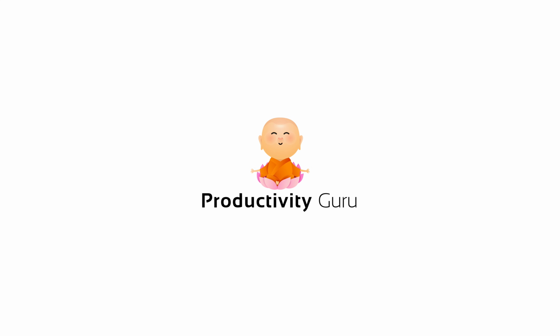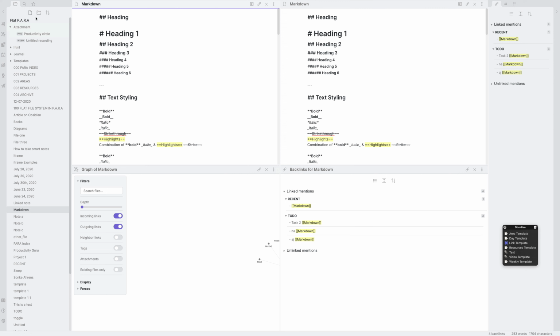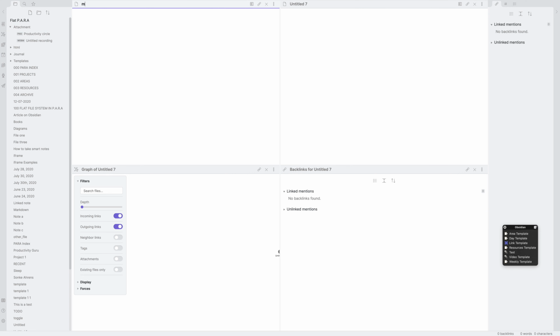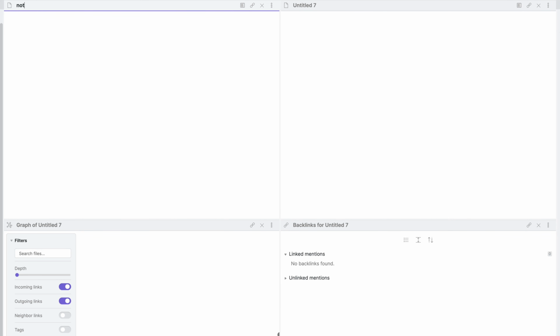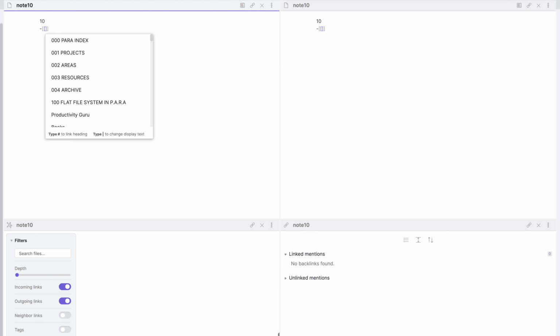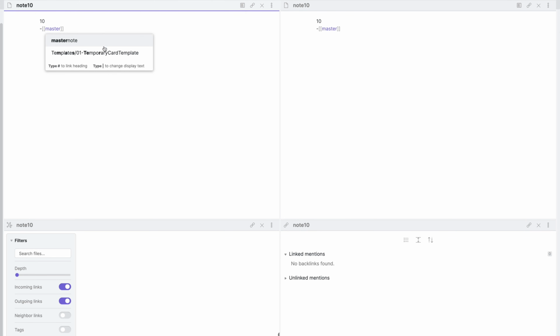Now there are two more settings that I quickly want to go over. So let's create a new note. Let's call it master note. Now let's create a new file. We'll call it note 10. Let's just add 10 for the sake of it, and we'll add master note as a link.